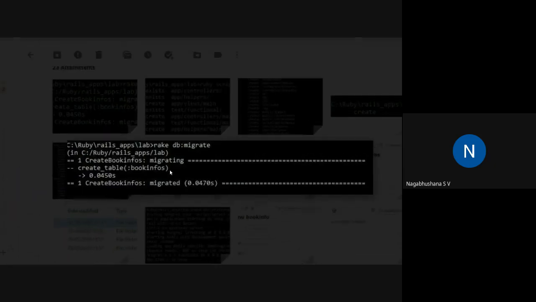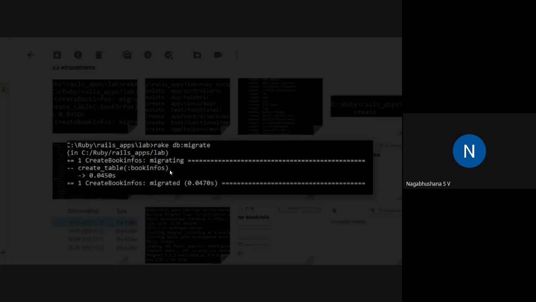Now, I have created that. Now the table has to be connected. I'm using rake db:migrate. In the previous image you have seen the list, show, new for doing insertions, deletion, display, and all those things; that has to be connected to a database.